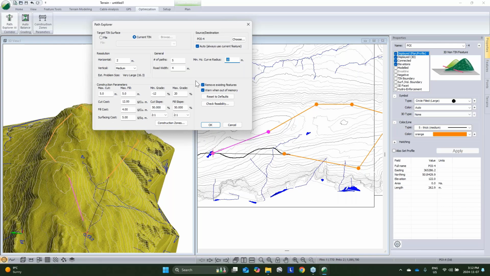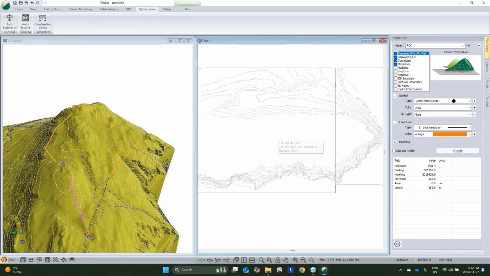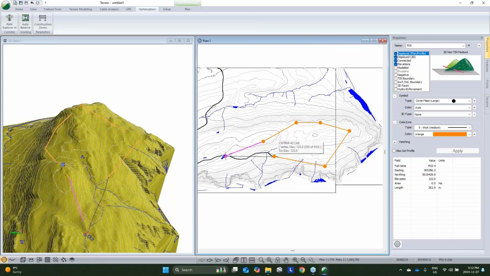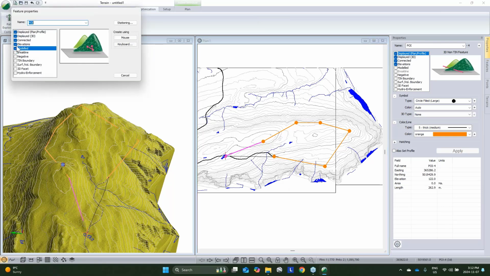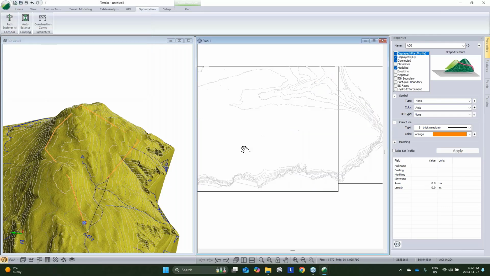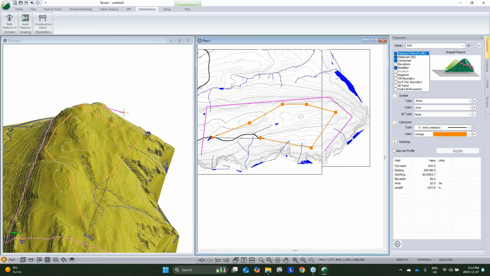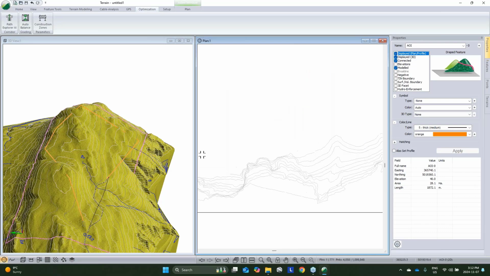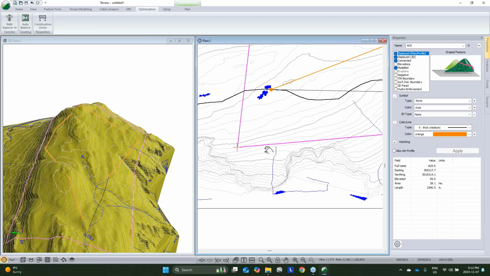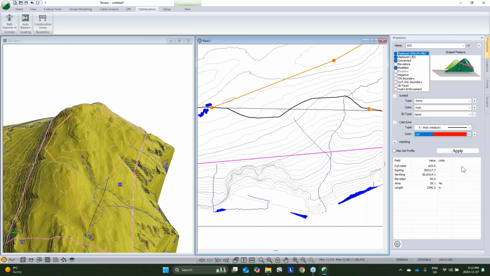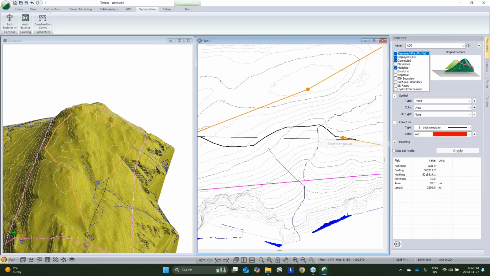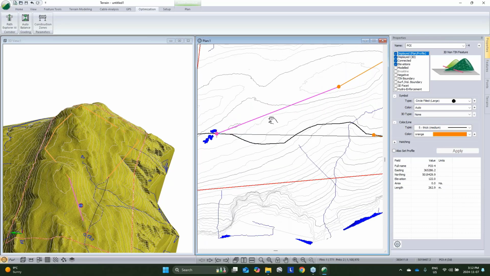Because we do make the problem larger by using these small values in terms of computing power, I am probably going to use an area of interest to help, well, speed this up. So if I know I don't want my trail to go anywhere outside of this line here, there's no point in even considering those options in our solution. So we'll go with that. And now this time, instead of just talking about setting up, I will set it up and we will run our Path Explorer